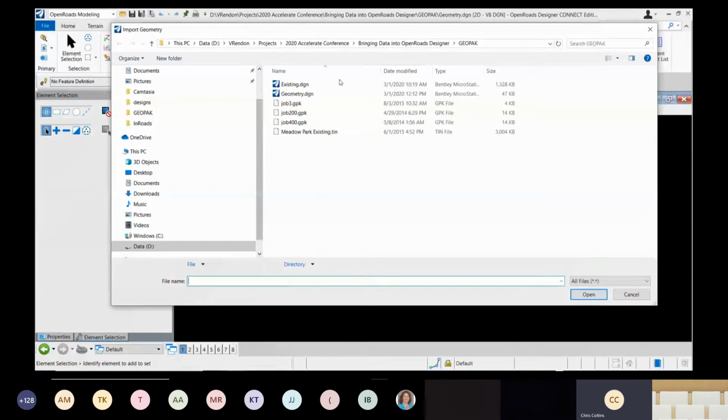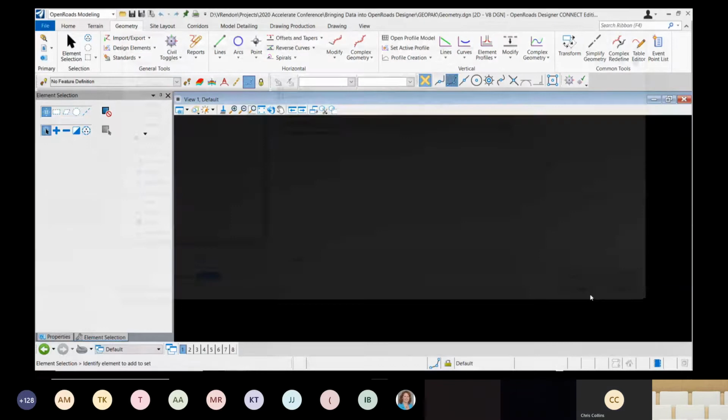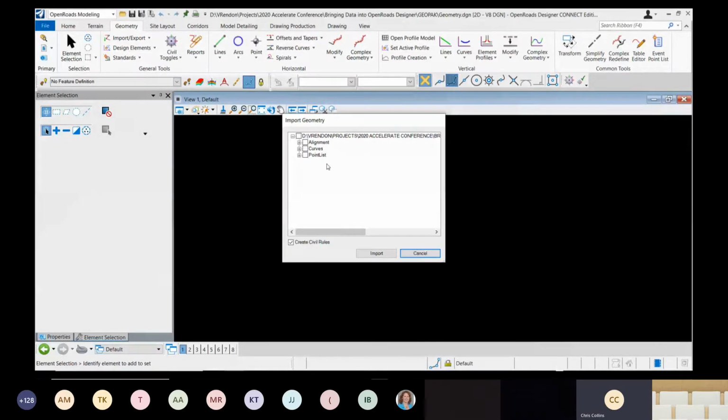So once in the 2D file, just a matter of making sure you're on the geometry tab, going to the import export, pull down and select the GPK file that you want to bring in your geometry from. Just a little bit of difference here because InRoads, you see we have curves and point lists because we store a little more information in the GPK file. We also,